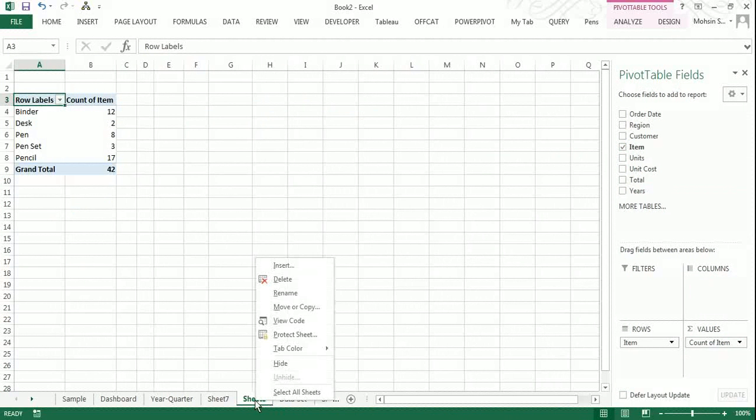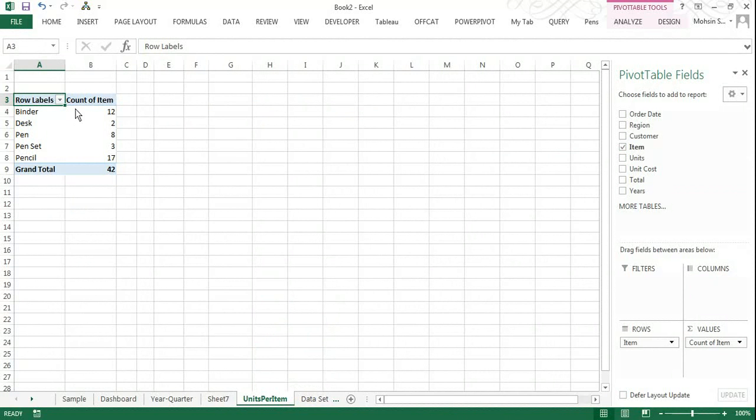So we will rename this sheet as units per item. You can see all the item list here and the name of these, or the count of these items present here. Now what we will do is go to